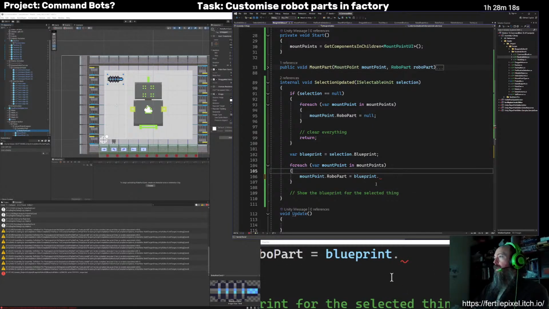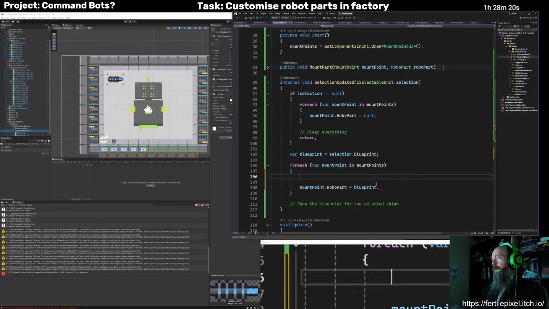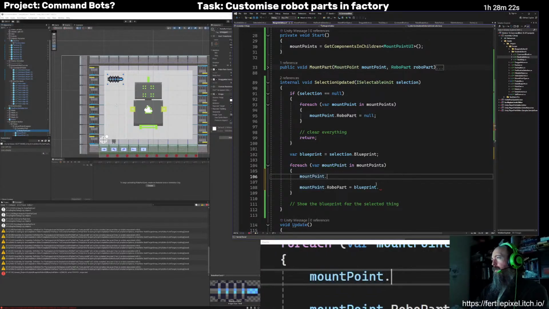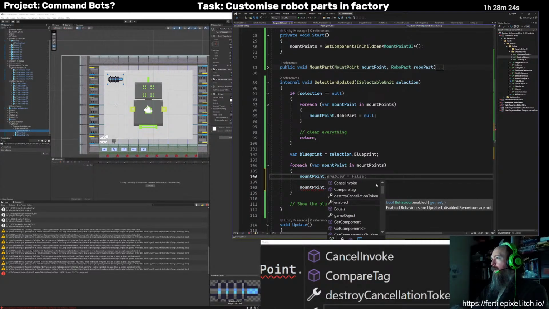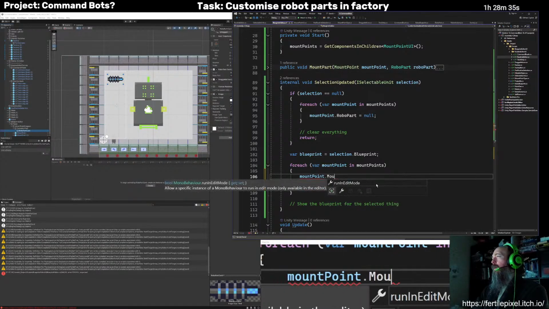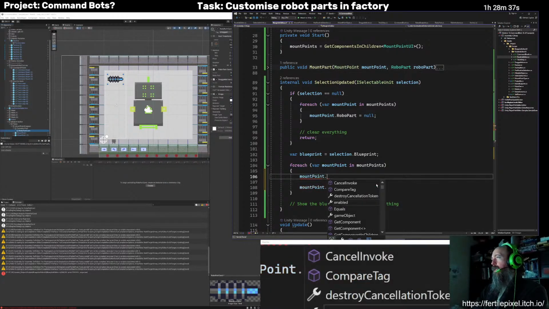So basically what we want is mount point. We want to get the mount point type. Is that just called .type?